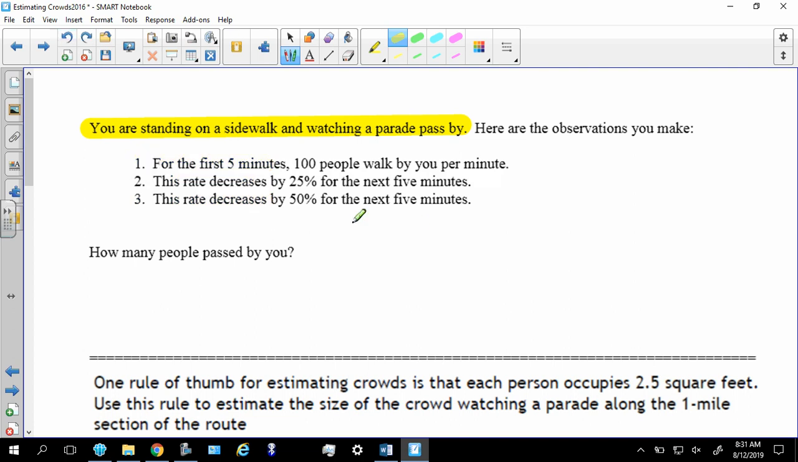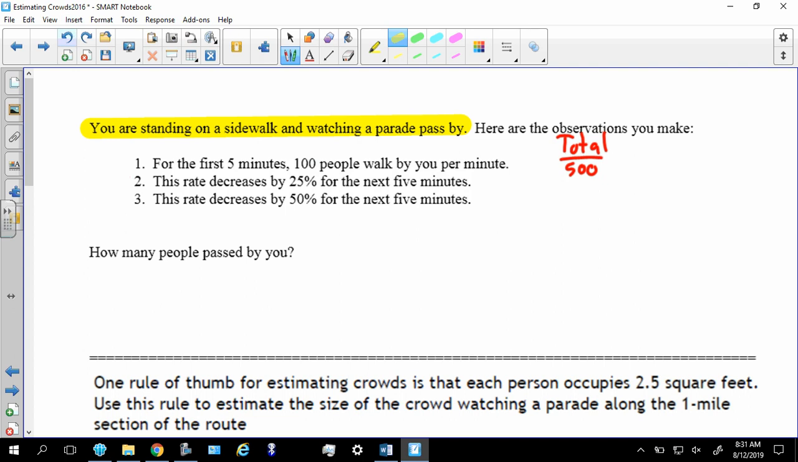So it says that for the first 5 minutes, 100 people walk by you. So you're thinking to yourself, okay, for every minute, 100 people walk by me. So that would give me a total of 500 people. Okay, that's easy. Just 5 times 100. Now this is where, for step 2, things get a little